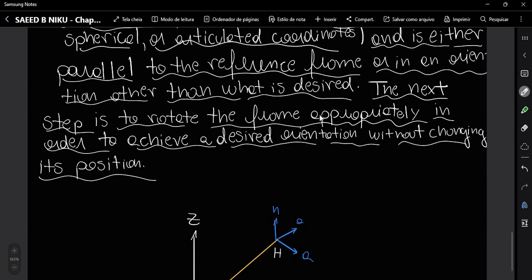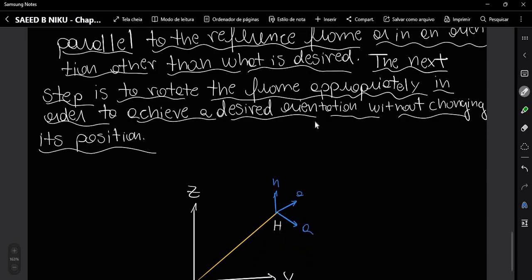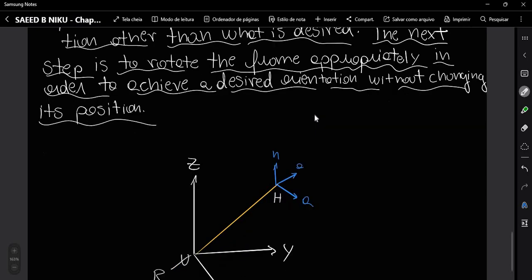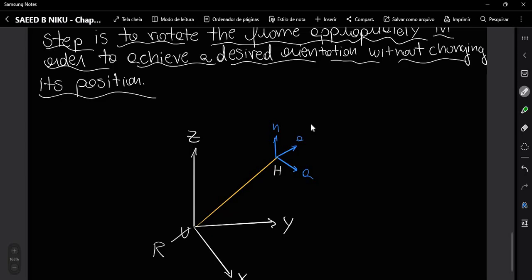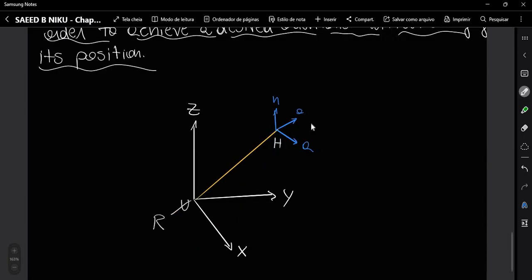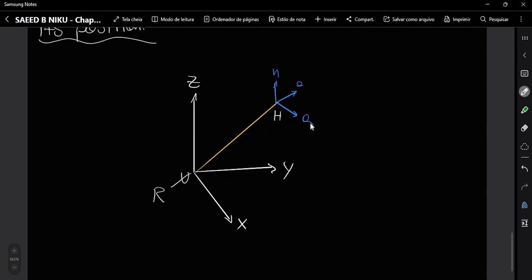The next step is to rotate the frame appropriately in order to achieve a desired orientation without changing its position. So this drawing that I have made